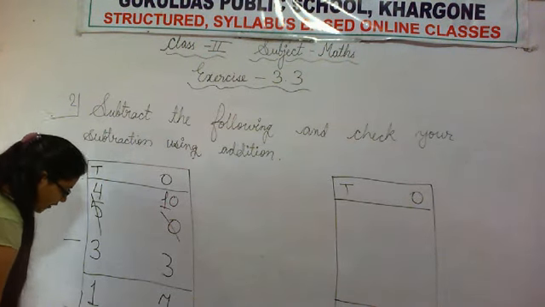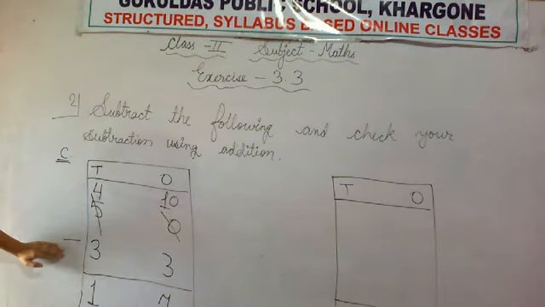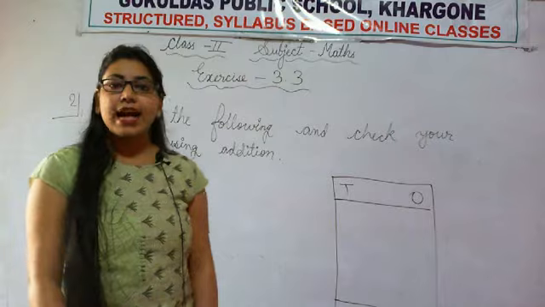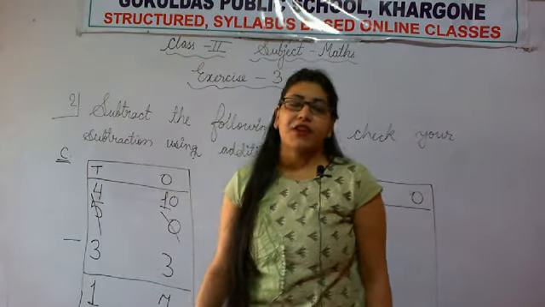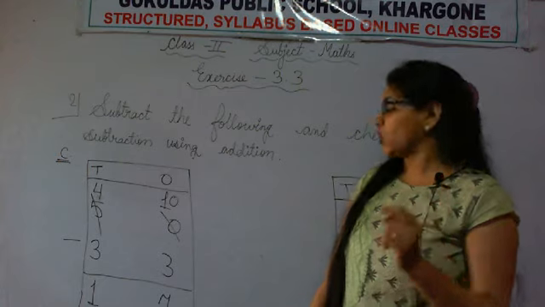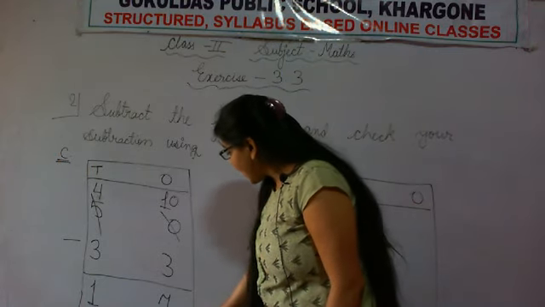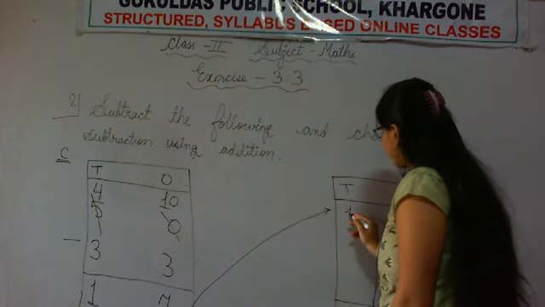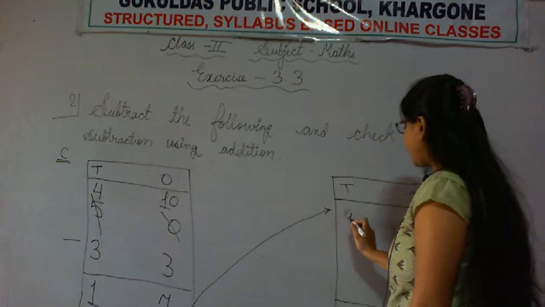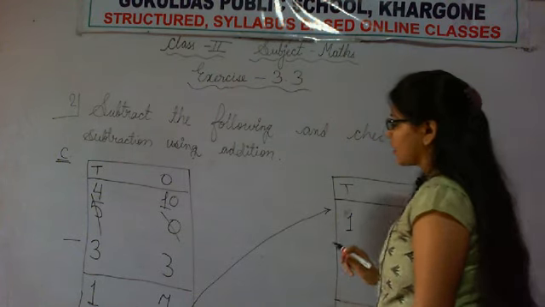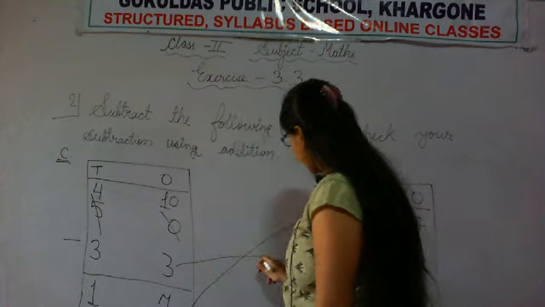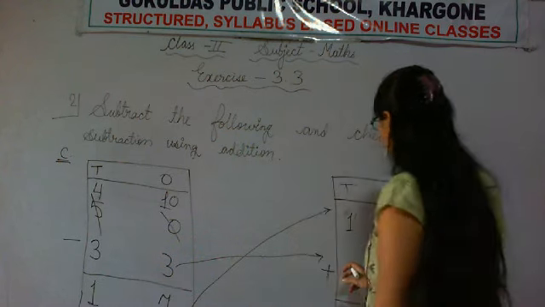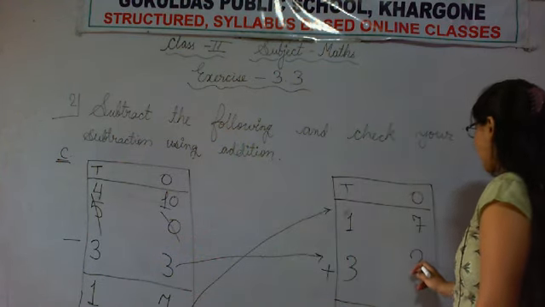Okay, so now we have done subtraction. 50 minus 33 and got 17 as the answer. Now it's time to check our answer whether we have done it correctly or not. So how do we check it? We write our difference as the first term or first addend. So let's write 17 here. Now the subtrahend will be our second term. Second term is 33. So let's write 33.